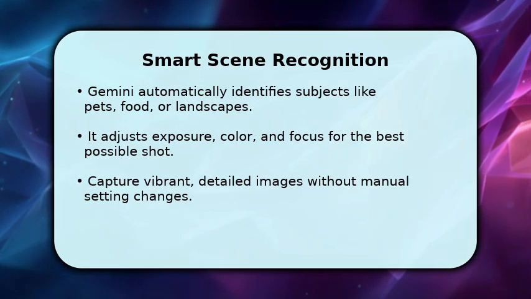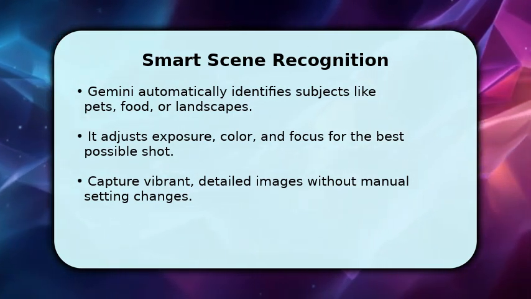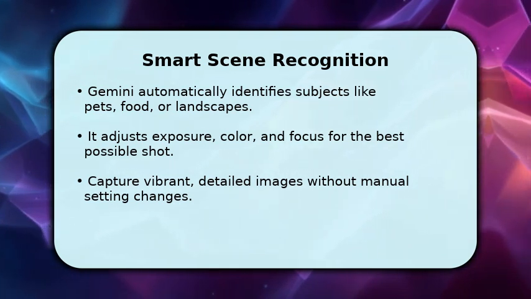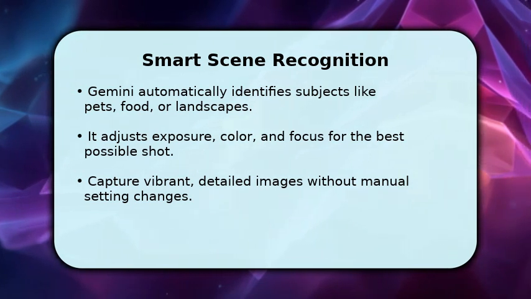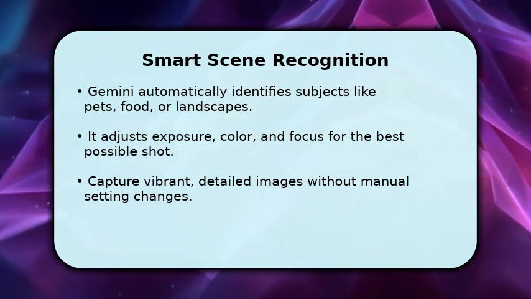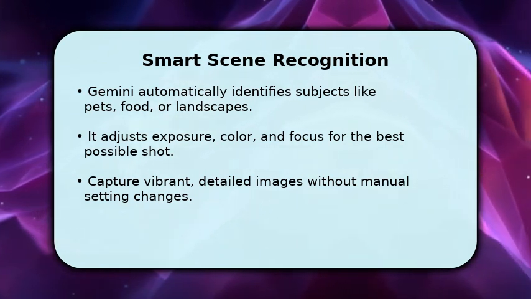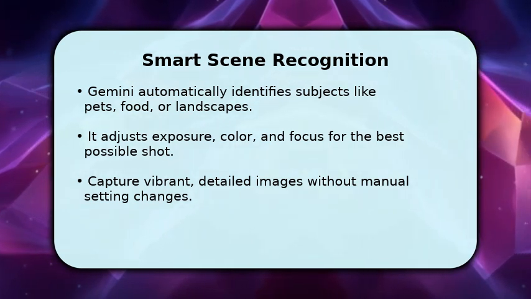One powerful Gemini camera feature is smart scene recognition. When you point your camera, Gemini instantly identifies what you are photographing, whether it's a beautiful sunset, a playful pet, or a delicious meal. It then optimizes up to 5 key camera settings, such as white balance and ISO, to perfectly match the scene. This means you get professional-looking photos with rich colors and sharp details, all without needing to